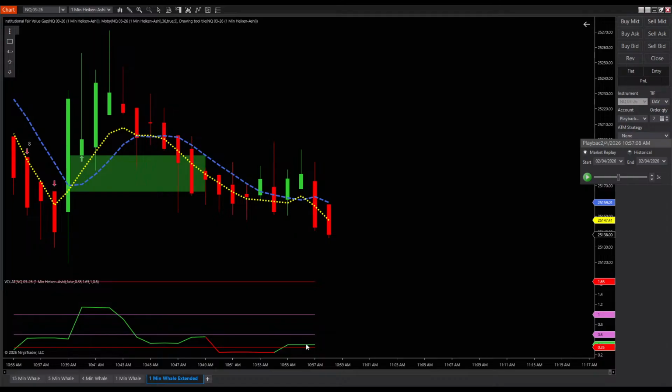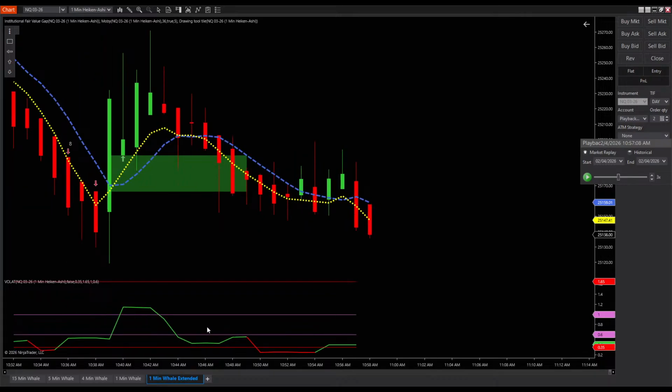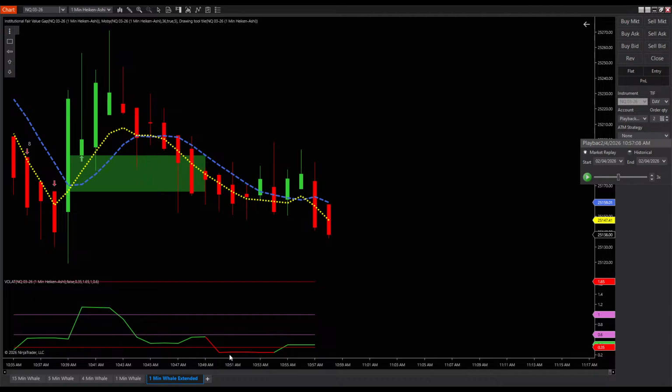Okay, so we got volatility. It's a little low. It's not like really strong volatility the way it was over here, guys. Nevertheless, it's much better than being down here in the gutter. And this does look like the second leg of the trade right there. So if we go ahead and pull the trigger on that. Order filled. Let's see where it goes, okay?